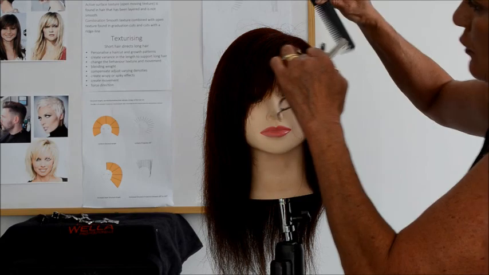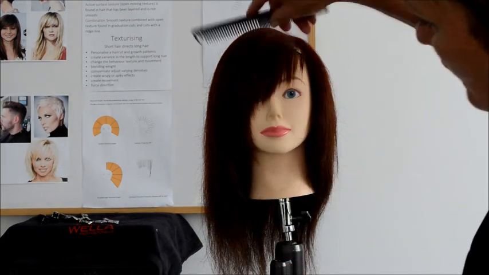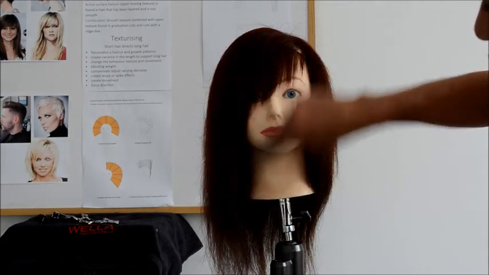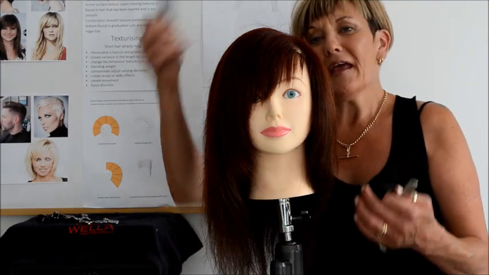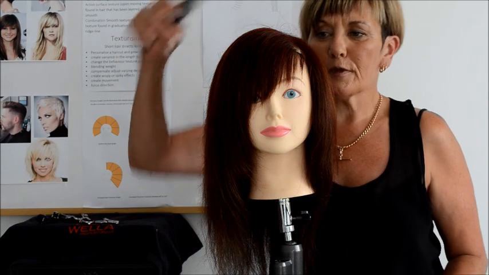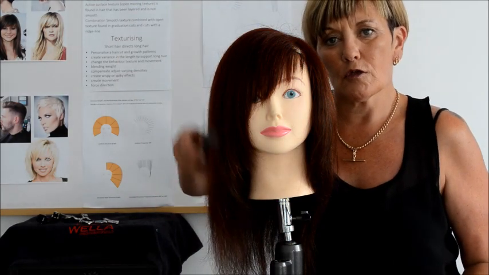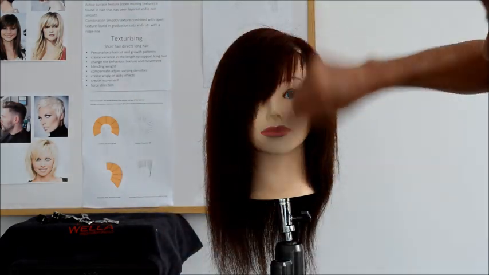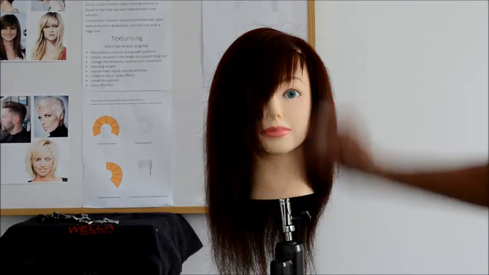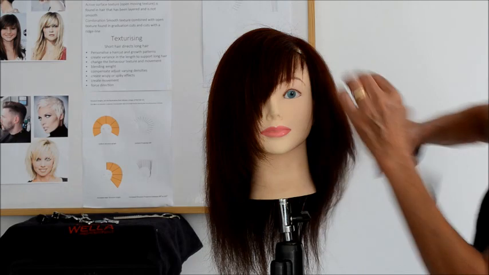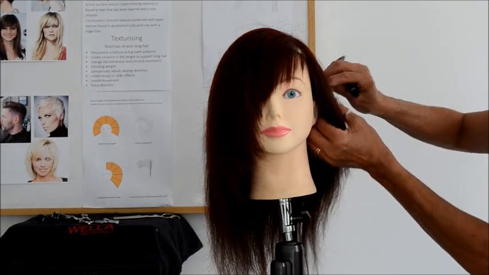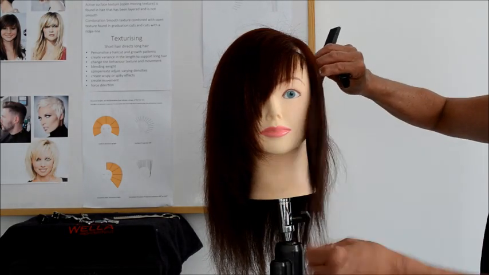The last technique I want to show you is a slithering technique that we use around the facial shaping on our long hair. So this is our lovely increased layer mannequin, and I have already produced the result that we're looking for today by slithering through from my shortest point down through my longest point. I'm just going to show you that through this side. So taking a diagonal section,